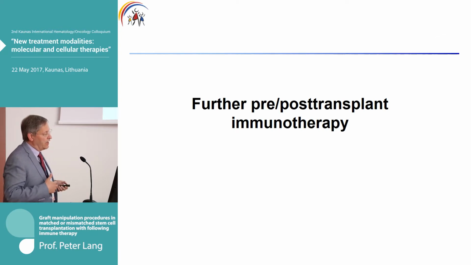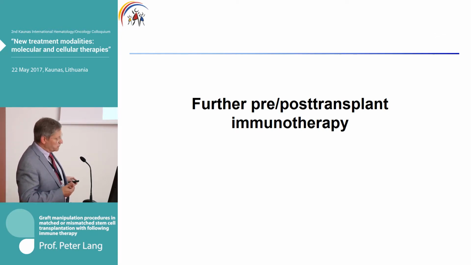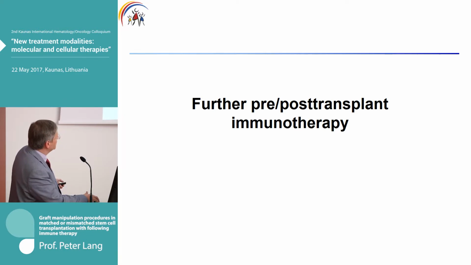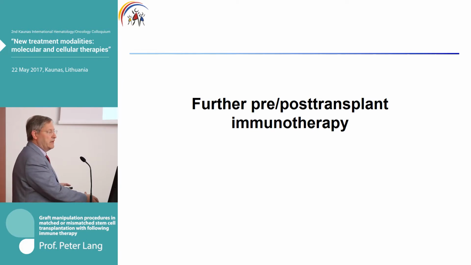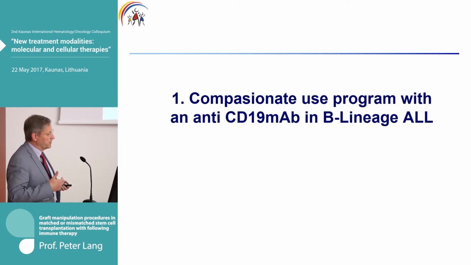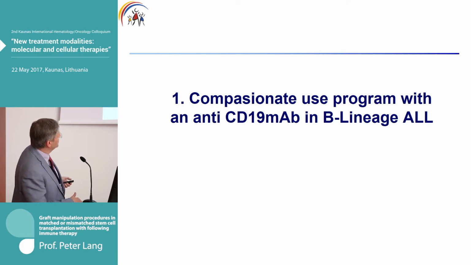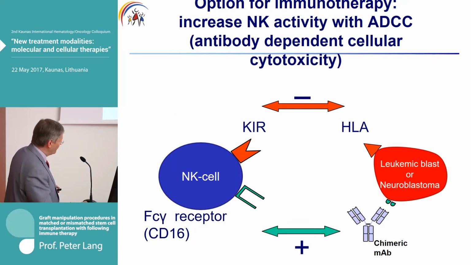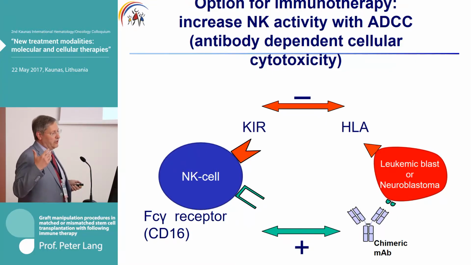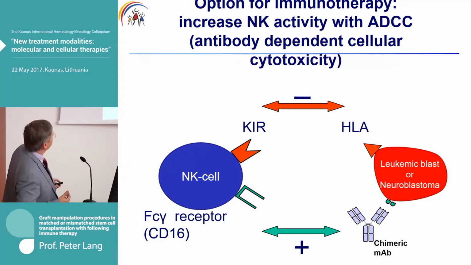So what can we do after transplantation if we have succeeded with the transplantation? We want to give a very early starting immunotherapy after that. I would like to show you first a compassionate use program with an anti-CD19 antibody in B lineage ALL, which is a very good indication for immunotherapy at the moment. One option for immunotherapy is to increase the NK activity, which is already present, with ADCC,